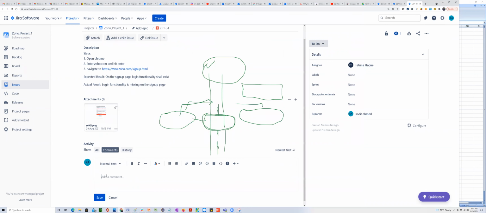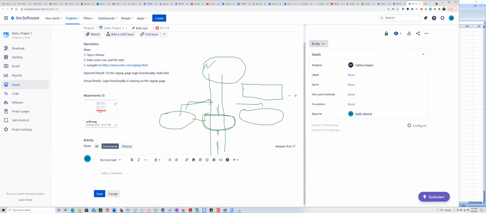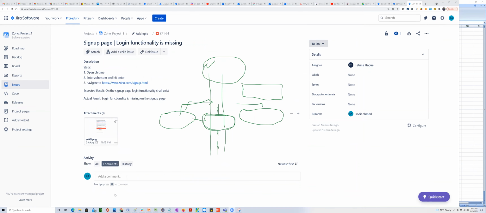he can comment here. He can say, hey, you log this bug and I think it's not valid bug. So can you please look into it? And if it's not valid, please close it. And he's going to assign it back to you. So this is what he's going to do, right? If he thinks it's not valid. Now,